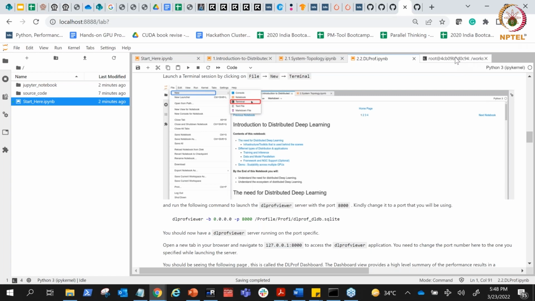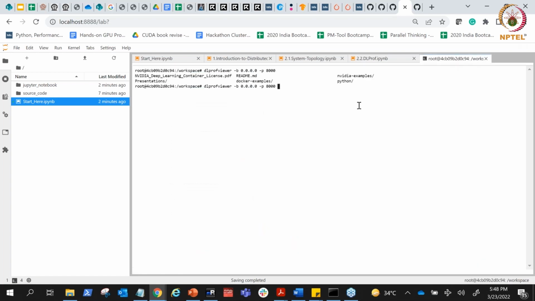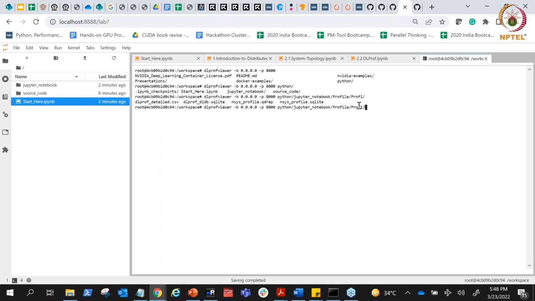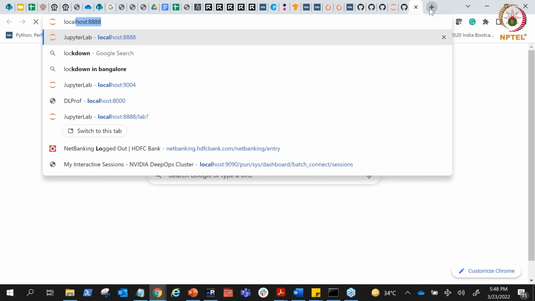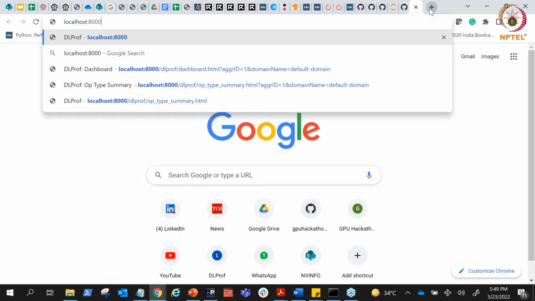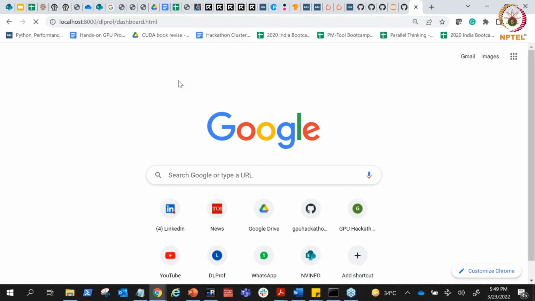And then I'm just looking at the Python notebook of one, and I want to visualize the profile input which was created just now. So let me just run it, and I'm going to open another terminal and visualize my output using not just the command line but also via